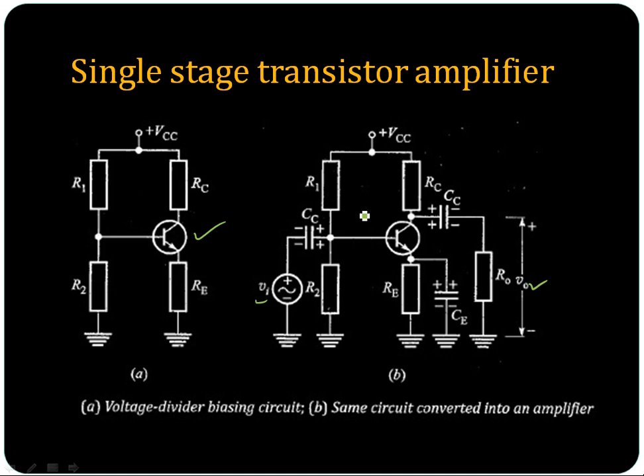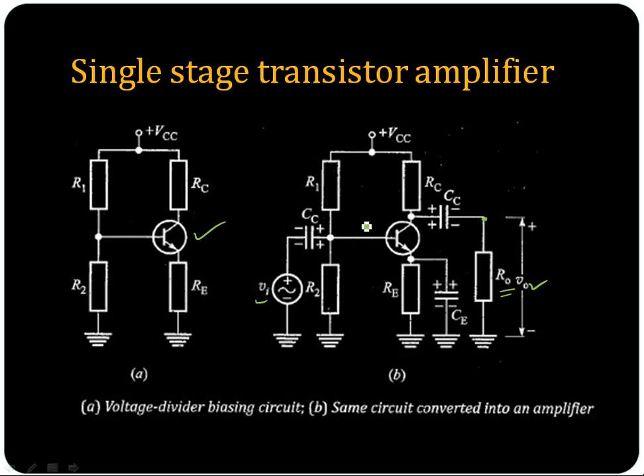So this is the voltage divider biasing which we are using most commonly. When we discussed the DC load line, I think we had drawn the amplifier circuit with fixed bias, and in that the output resistance R0 was not marked. We were taking the output from this point, and this R0 was marked, and we were not analyzing it with respect to AC, we were analyzing it with respect to DC alone.